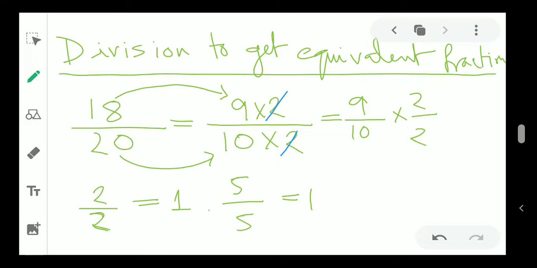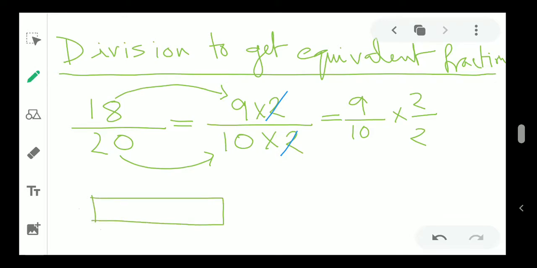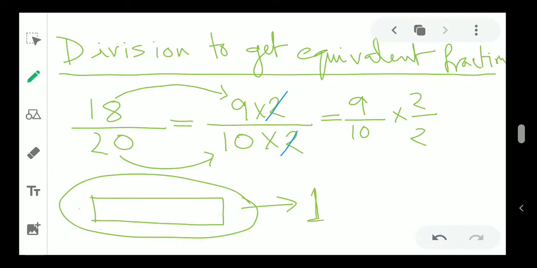Now why? Because 2 by 2 means 2 out of 2, so the fraction is 1, that means the whole thing is completed, a complete bar. Let's say we have a chocolate bar and I have eaten 1 by 3 portion, so I know this is not the complete one, this is a portion of it. But if I say I have eaten 1 by 1, that means 1 out of 1, the whole bar I have eaten. That means the total portion is 1, because I have eaten the total, so total is considered as 1.